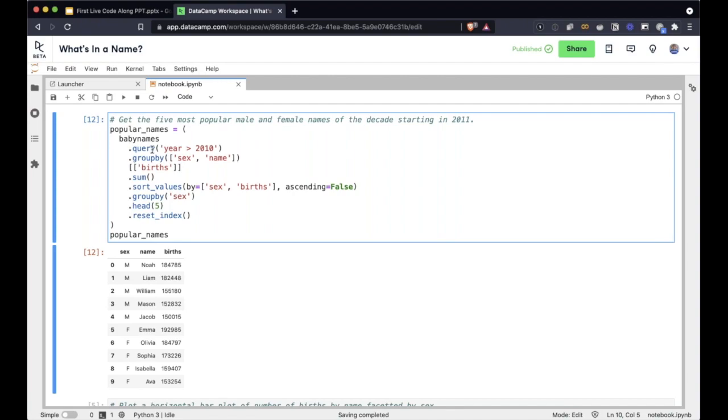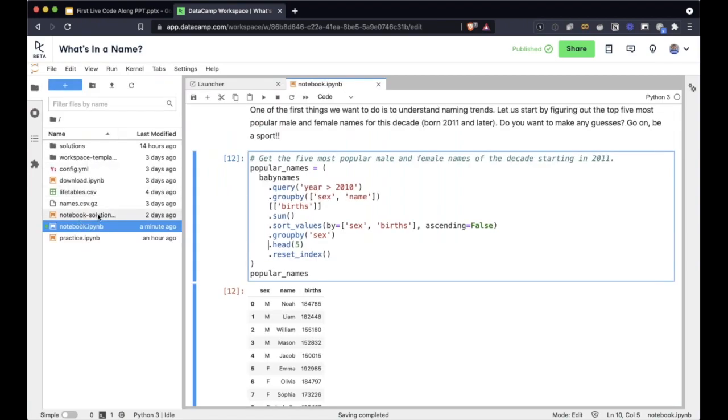So let's now get to the next part, which is plotting this. And before we move any further, I also want to remind you that there is also a notebook called Notebook Solutions. So if you get stuck at any point and you really want to see the code, feel free to click on that. But I would recommend not using it unless you get stuck, because you'll get more from the code along by following what I'm doing and trying to reproduce the same.